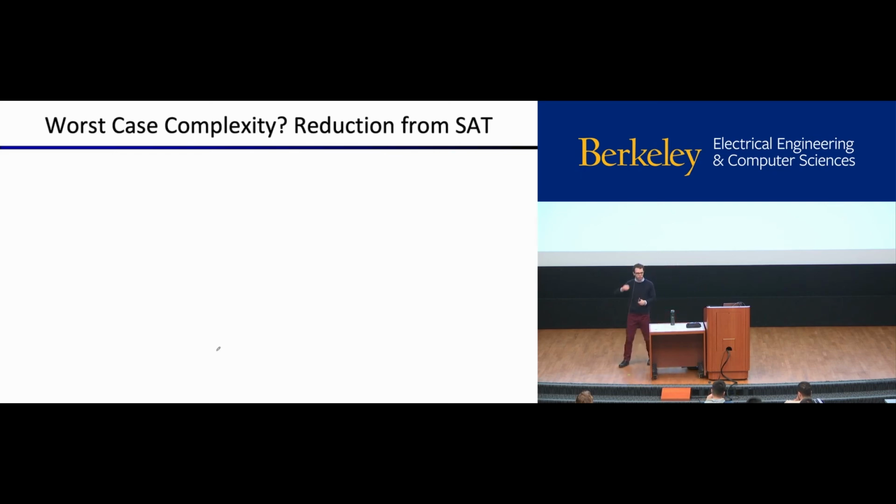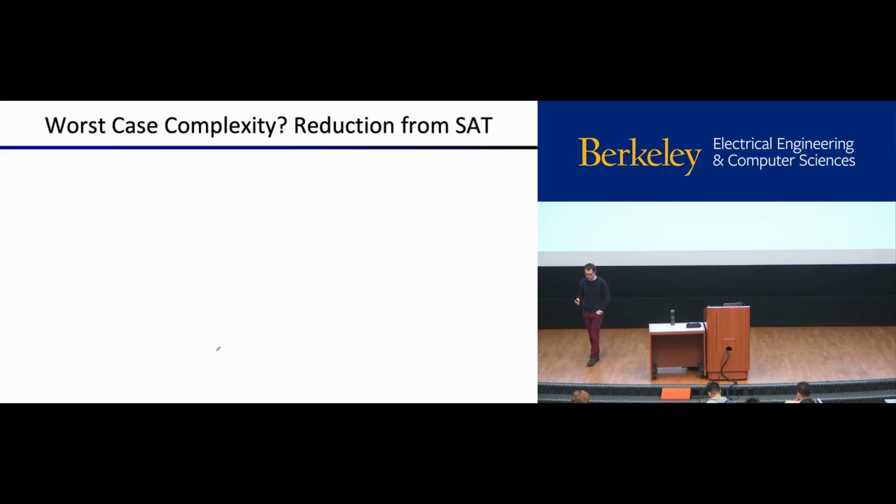Who's heard of reductions before? Okay, a couple people. This is something that you'll hear about in 170. If you take 170, it's a computational complexity idea. Very simple, but it can tend to be a little bit confusing. So if I have a problem that I know is hard, and we know that SAT is hard. We know that SAT is one of those classic NP-complete problems. It's as hard as any other problem in this complexity class called NP-complete. Not important what that complexity class is, we just know that those things are hard. Traveling salesman problem is hard, set cover is hard, there's a bunch of other NP-complete problems. We know SAT is one of them.